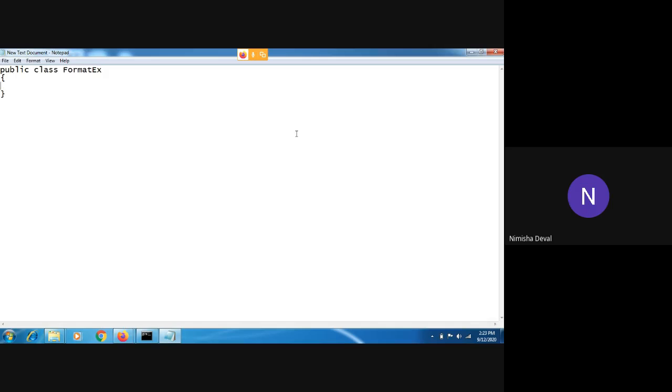Then, as usual, the main method must be there. In that, I will take some inputs. Suppose I have created one string, name is equal to ABC.